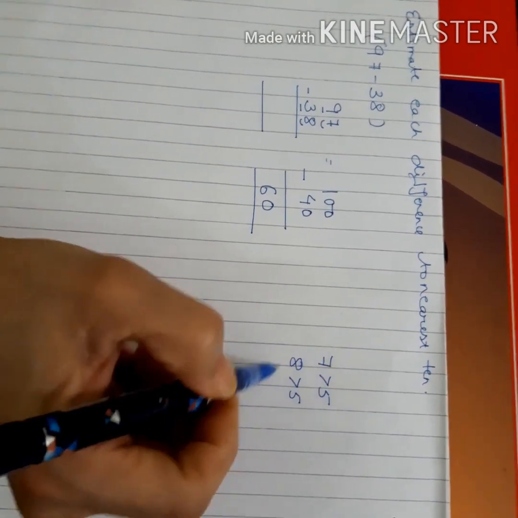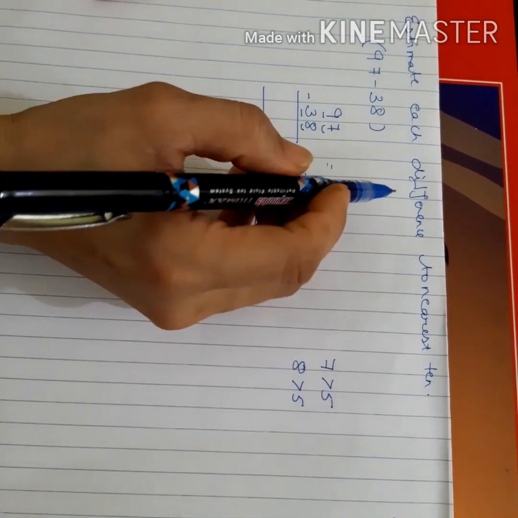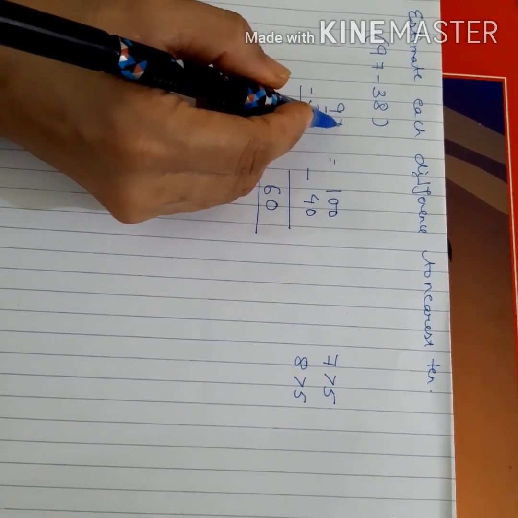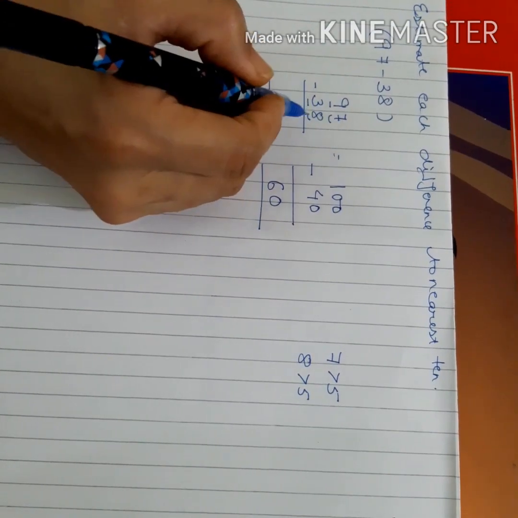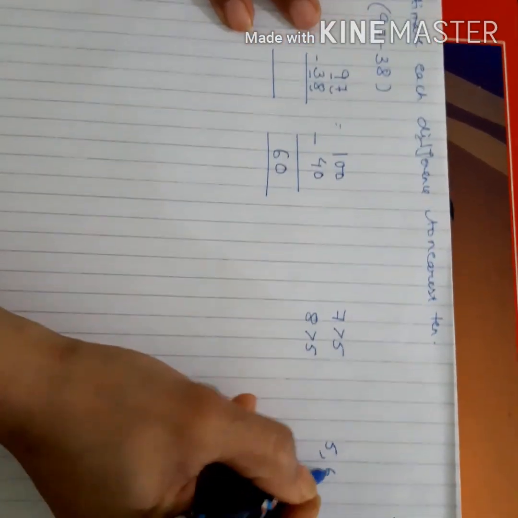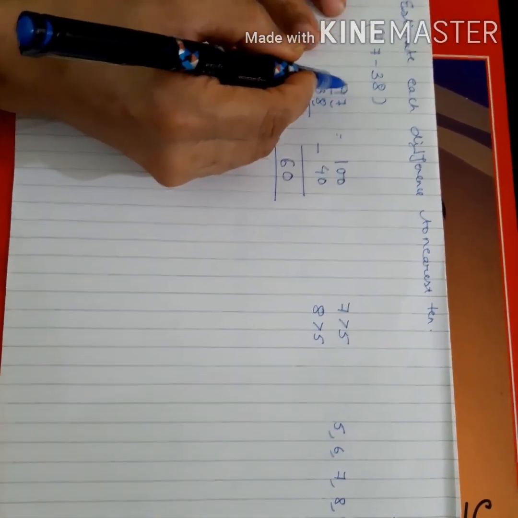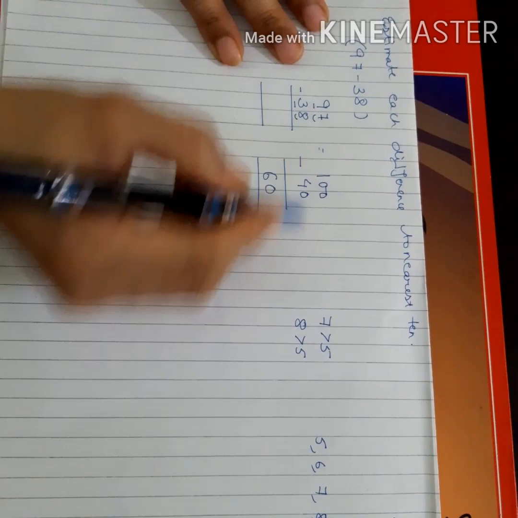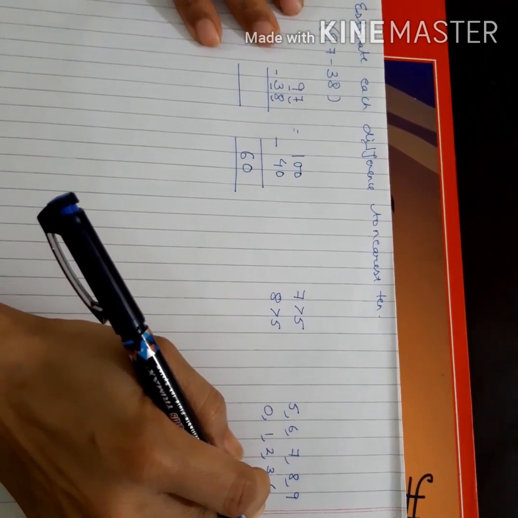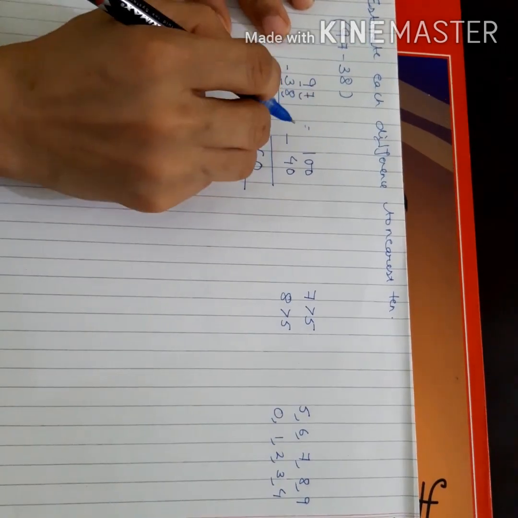Why am I comparing it with 5? Do you remember that in the previous class I told you that the place to which we have to round off, we underline it, and the digit after that we check, or we can say we consider it. If this digit is more than 5, it means if it is 5, 6, 7, 8, 9, then we increase the digit to be rounded off by 1. And if it is 0, 1, 2, 3, 4, it means if it is less than 5, then the place digit to which we have to round off remains the same.